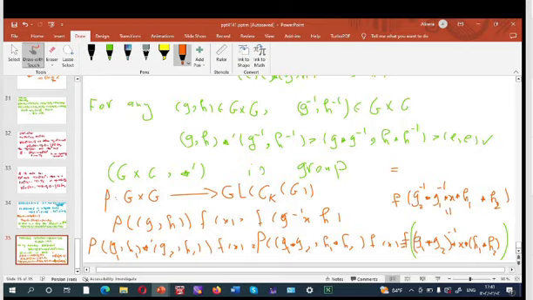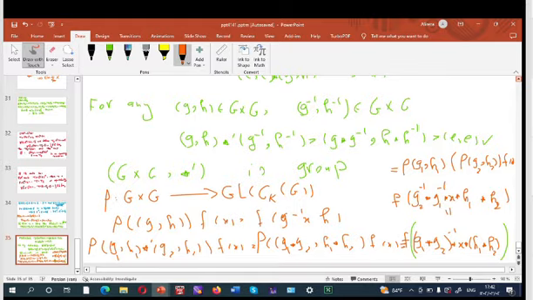Okay, now we see that this is equal to rho of (G1, H1) of rho of (G2, H2) of f of x. This is very clear